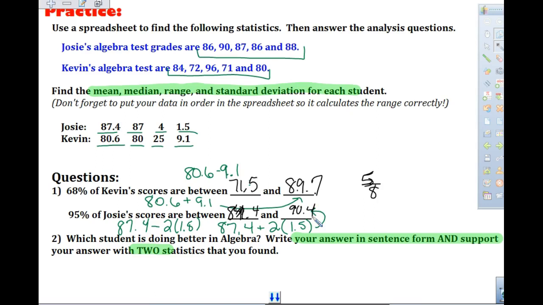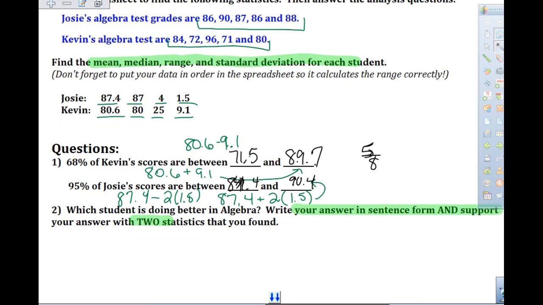Which student is doing better in algebra? Probably Josie overall, if we're looking at her test grades. We want to answer the sentence, and support our answer with at least 2 statistics. So you want to tell me something about Josie, probably that her mean and that her standard deviation was 1.5, right? You want to possibly tell me that her median test score was higher than Kevin's, and her range was definitely a lot smaller. So you want to write a sentence, and when you're looking at your answers in the back of the book, you're going to see more of them. So your homework tonight